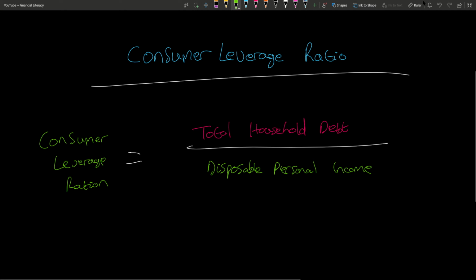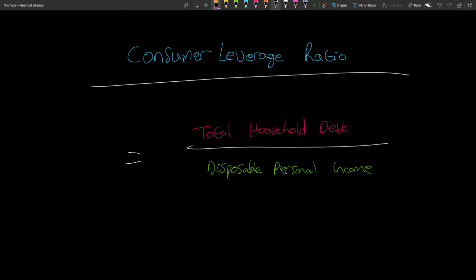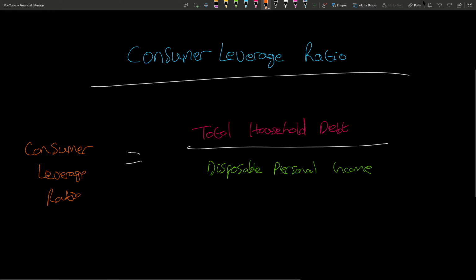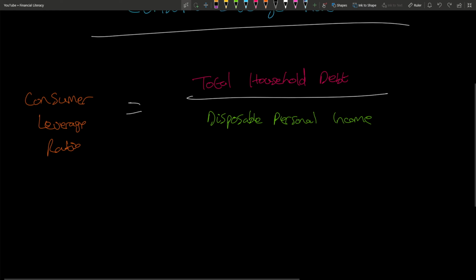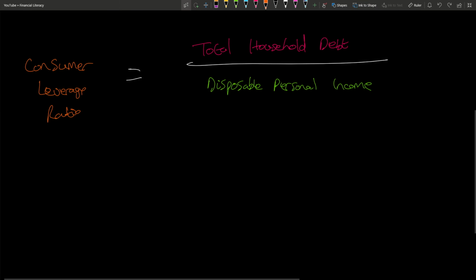And what I don't like is that this is all green and that's green as well. A different color for this, so I'm going to put consumer leverage ratio. So let's get an example. Imagine, scroll down. Imagine I'm going to call this CLR, and this equals, and let's say the total household debt, and let's just say the only debt the household has is a mortgage, and it is